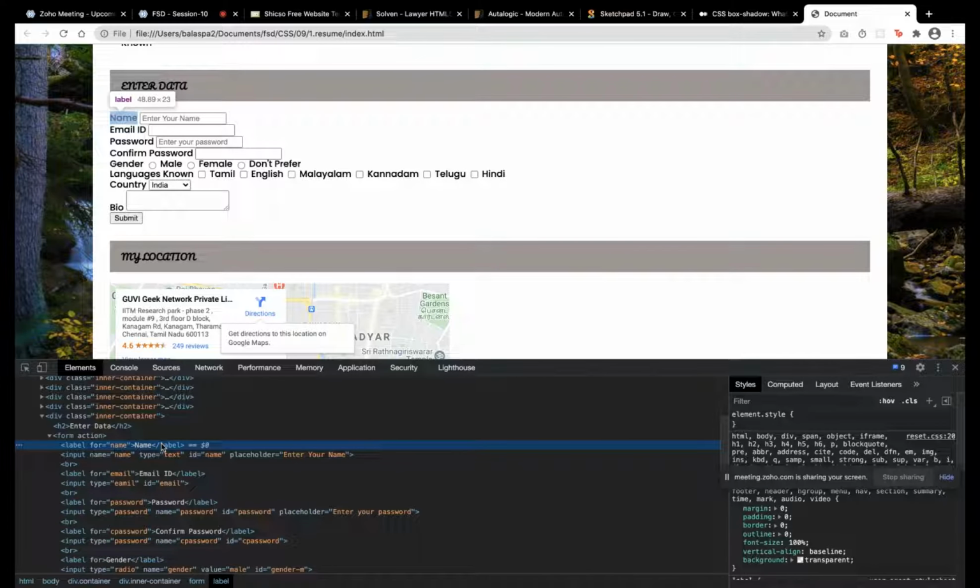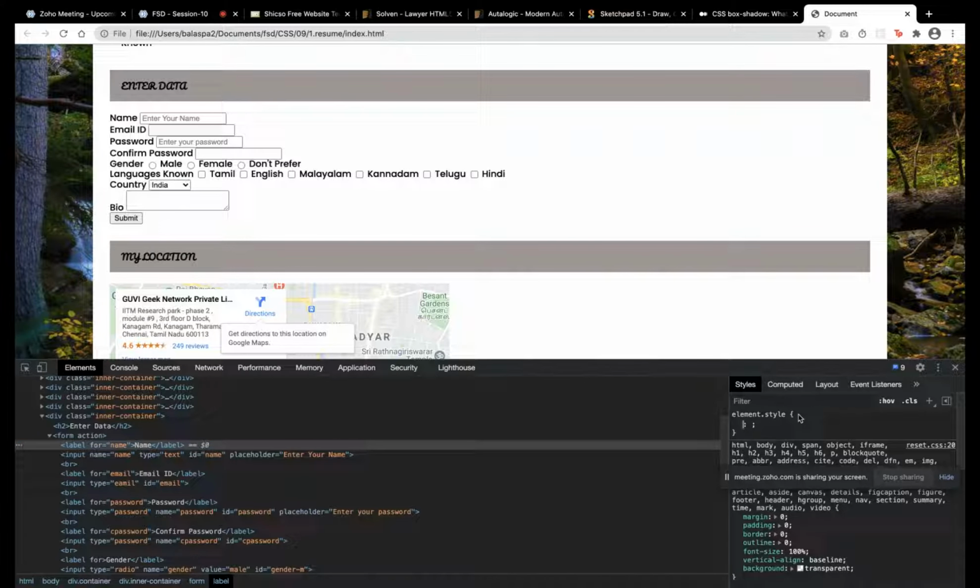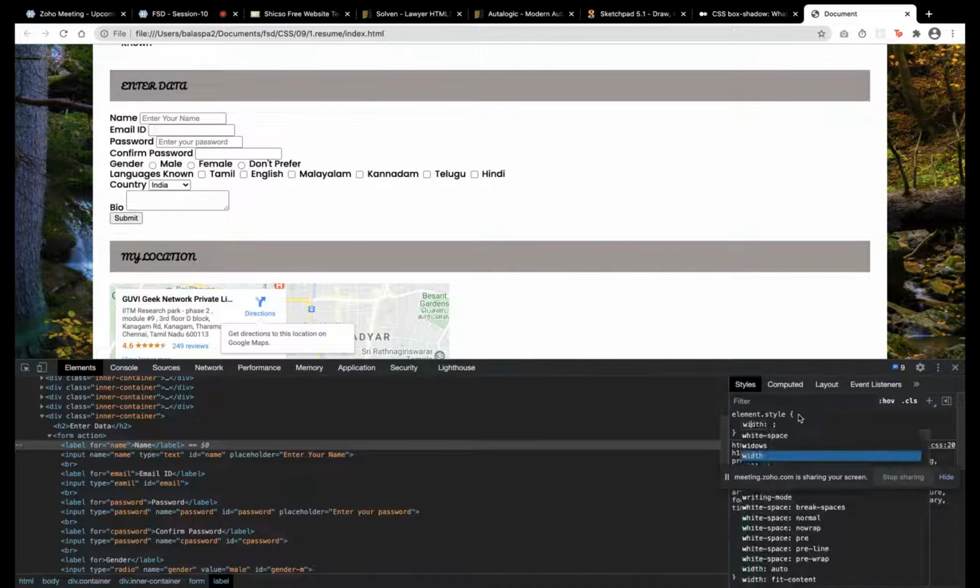What we can do is label. For label, we can add a style. Wait, I'll add width here because each of the labels is at the left.